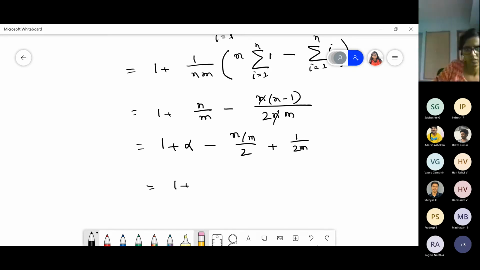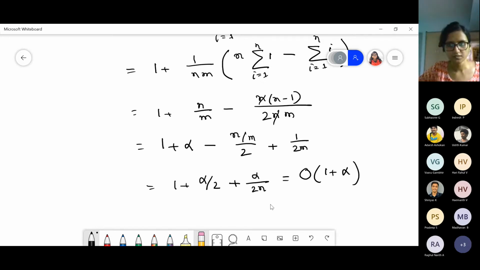So 1 plus alpha by 2 plus alpha by 2n, right? Something like this. So we can write it as order of 1 plus alpha.